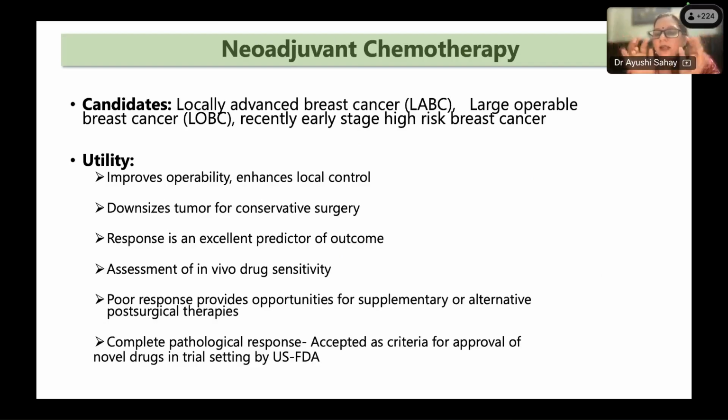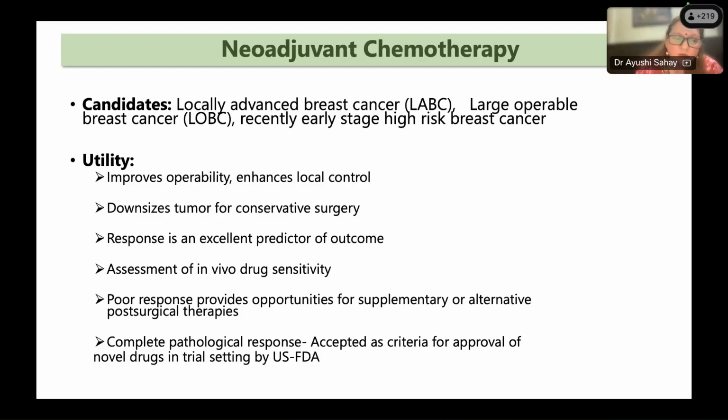cancer to make the tumor easier to operate, to shrink the vascular supply, and the tumor, which was very huge earlier, becomes smaller in size and less vascular. So it is easier to operate for the surgeon, and they can convert even a mastectomy into a BCS if it shrinks adequately. Recently, even for early stage high risk breast cancer, like T1 T2 but TNBC, even in those cases these days neoadjuvant chemotherapy is increasingly being given,